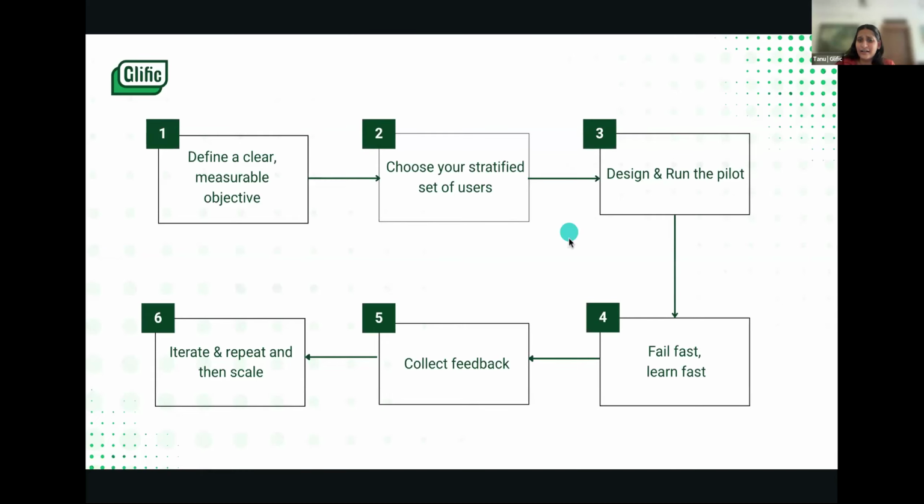Besides this, another thing: now you've picked up your pilot objective, you've fixed your stratified set of users, and you've kept your setup ready to run the chatbot, right? So you essentially execute the pilot for a short period of time. You run it for x number of days, which are very short, get inferences of what the results are, and iterate and run that again for another short number of days,